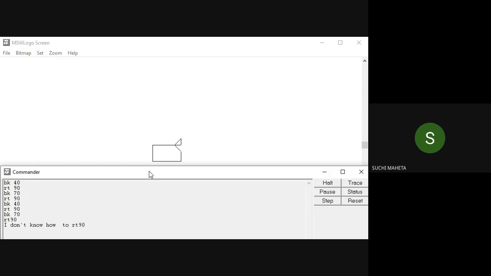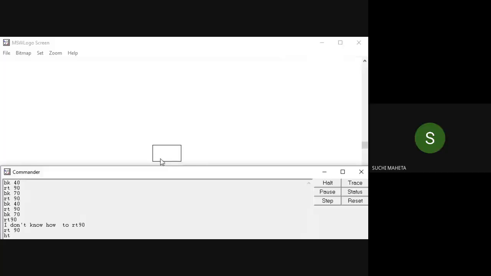Sorry, see, RT space 90. Now I will hide the turtle, HT. So it's a rectangle, right? BK 70 and BK 70 are these two opposite lines, and BK 40 and BK 40 are these two vertical lines, right? So this is a rectangle.